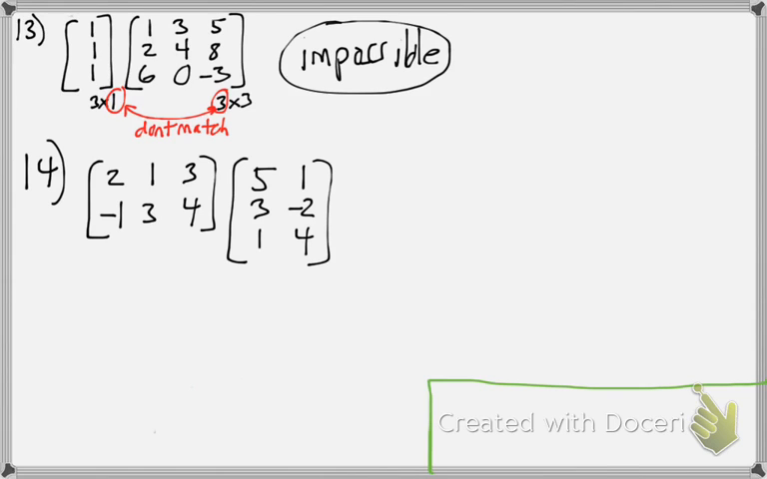Let's look at 14. 14 says use the calculator to perform the multiplication. Now we actually already did this problem. It was number 9, so this is kind of just a check to see if we can get the same answer. And to do this, if we go to the calculator, to the matrix menu,